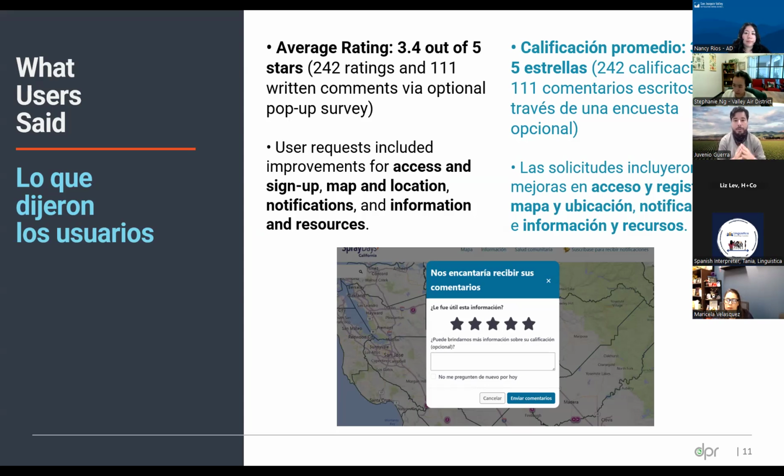We've gotten more requests around the map itself and location. As an example, some people want more detail in the map as to what the landmarks are. Some people want exact location. Some people want to be able to track a larger area, even a whole county. On the notifications, like I said, some people want to receive those in either indigenous languages or get voice recordings of some kind. And we've had requests for a number of other information and resources around restricted materials and other items that people